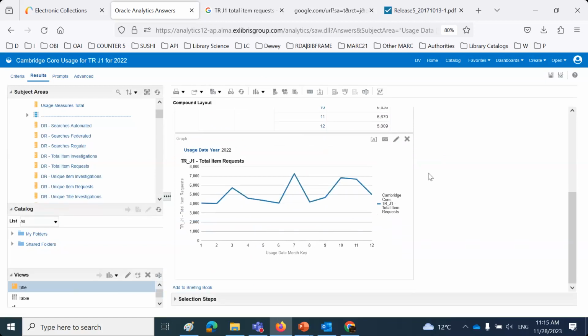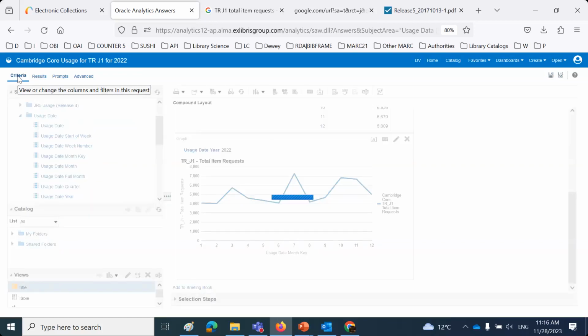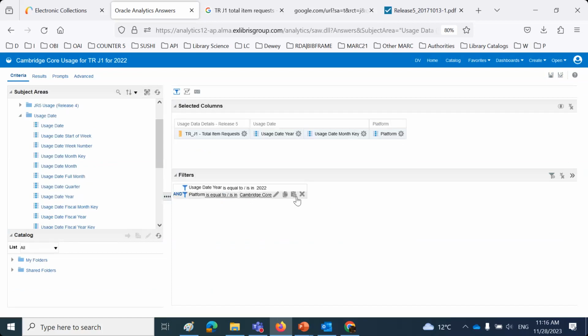Okay, so we see a big spike in July, big spike in December, October, November. Nothing overly drastic, but we see the use. Let's save this. So we're able here to see what is the trend of usage for Cambridge Core. We might want to also see what is the overall trend of usage, not even just for Cambridge Core, for all of them. So we could here get rid of the